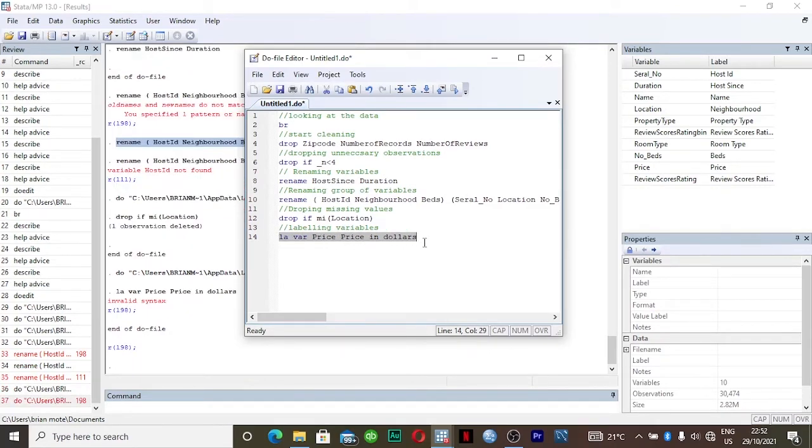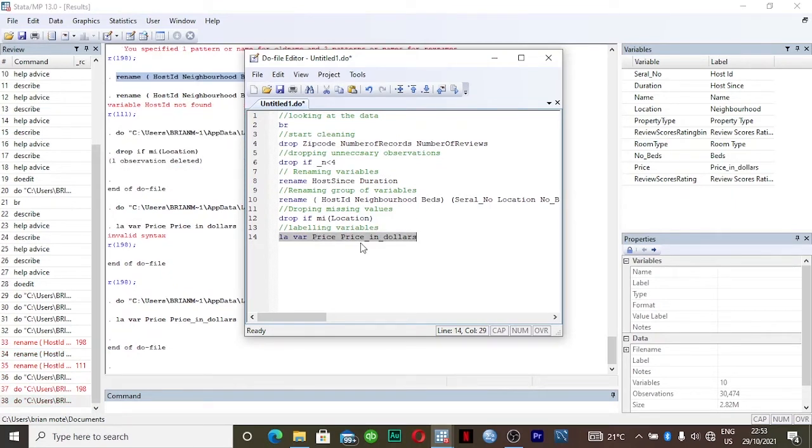So you highlight it, Control D. Okay, you see it is price in dollars. You join them using underscore, so that Stata can take all of this as one, not as separate strings. So we have labeled our variables.